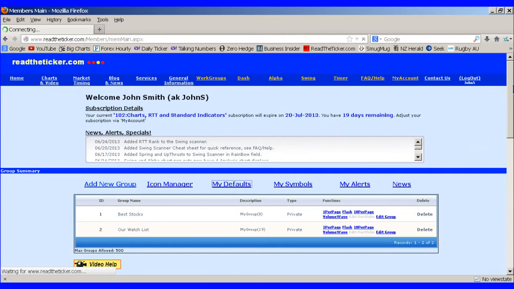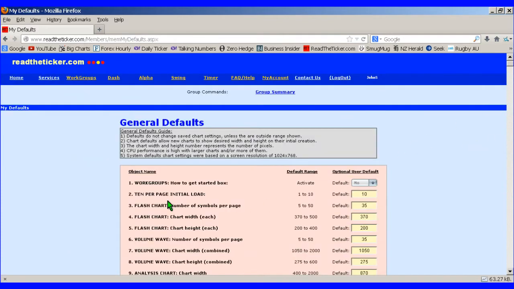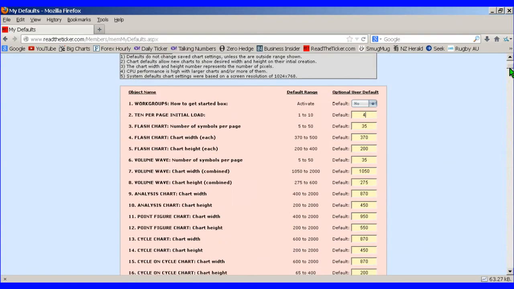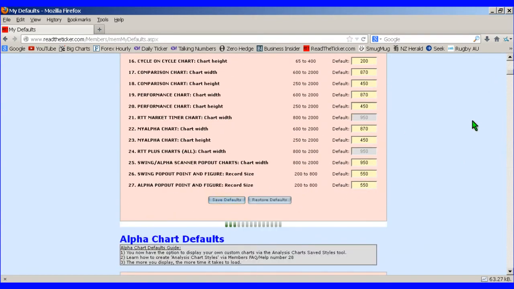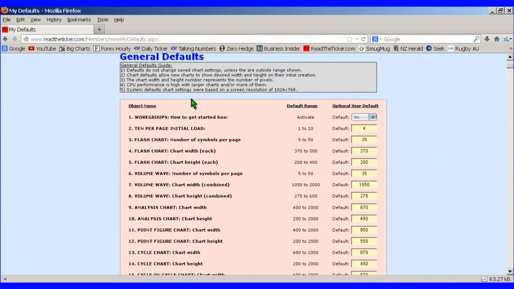you can go to My Defaults and set the 10 per page. Here we are, 10 per page initial load. You can set that to something like 4. Save the default. Also in the general defaults area,